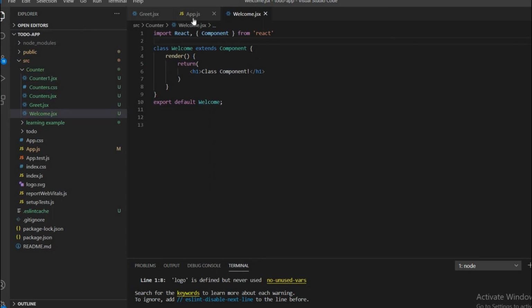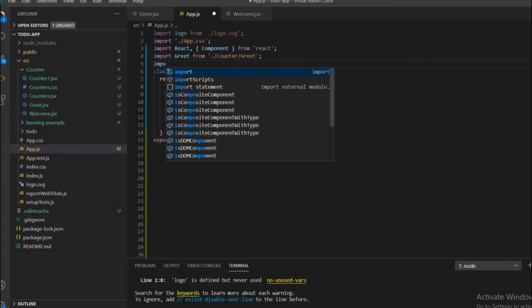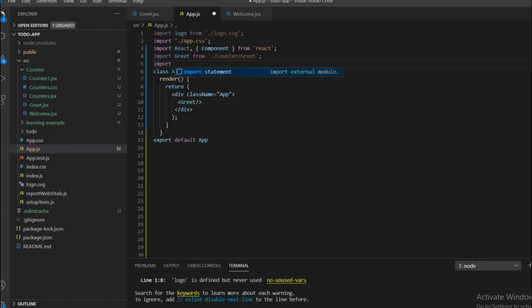Back in app.js, I'm going to import Welcome from components/counter/Welcome.